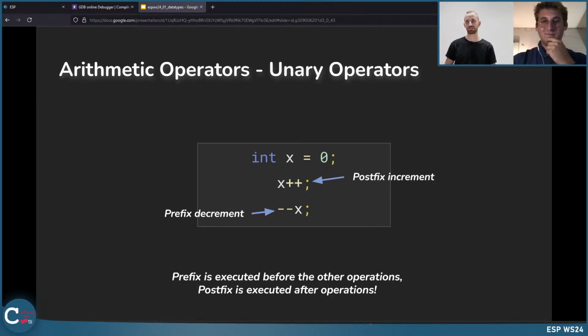I highly recommend that you just try it out, write your own programs after the lecture, and see what the values are. Today, I think we will give you a good overview of how to start, and you should be able to write your own first programs and try out what the values of these variables are.